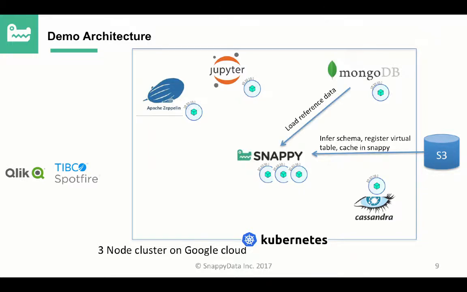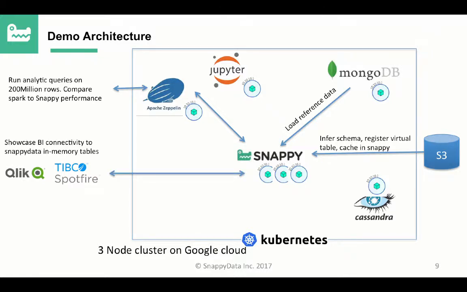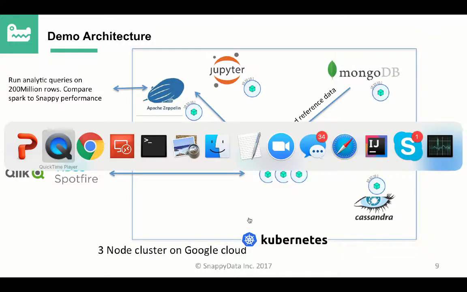Then we also get some additional data from MongoDB. In this case, we get airline reference data from MongoDB. Then, as I mentioned before, we will run one or more notebooks to do simple analytics, essentially analytical queries on this data set. And finally, we will show you the use of Spotfire. All right. So with that, let us look at